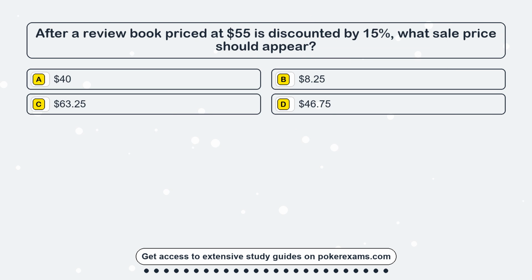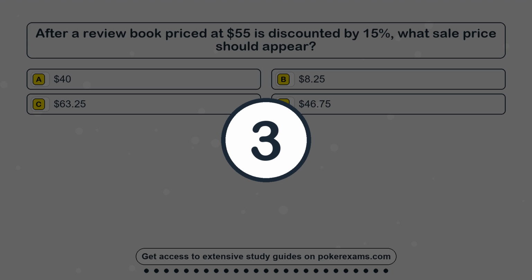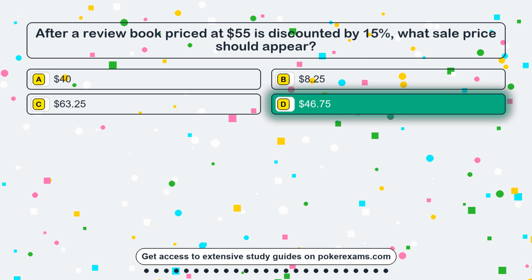Question 3. After a review book priced at $55 is discounted by 15%, what sale price should appear? Option A $40. Option B $8.25. Option C $63.25. Option D $46.75. The correct answer is option D,